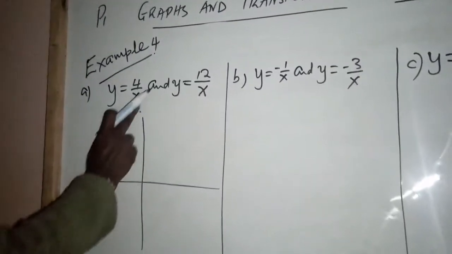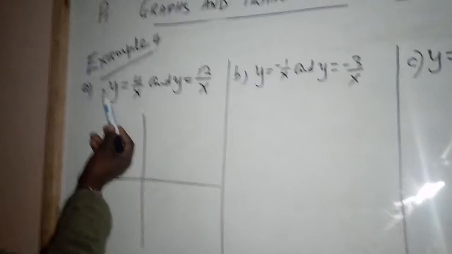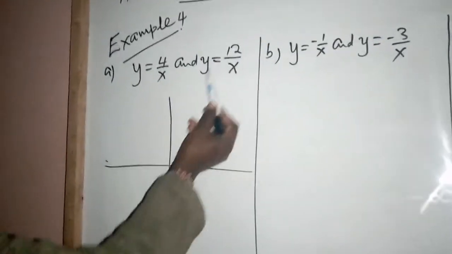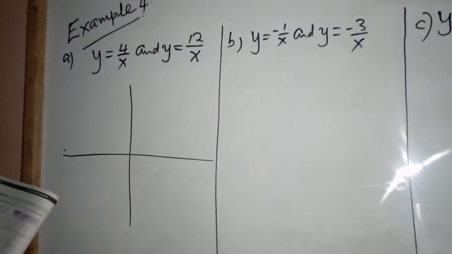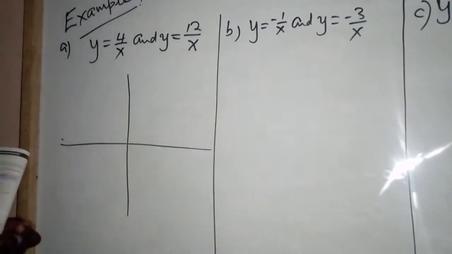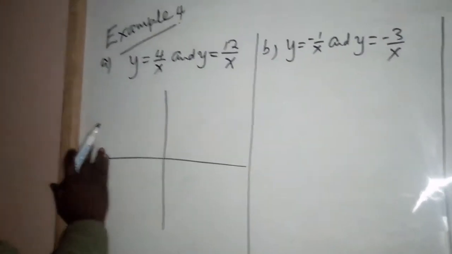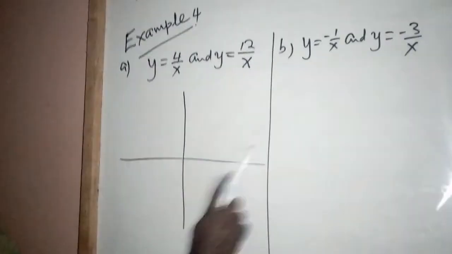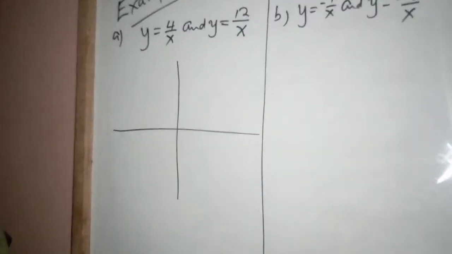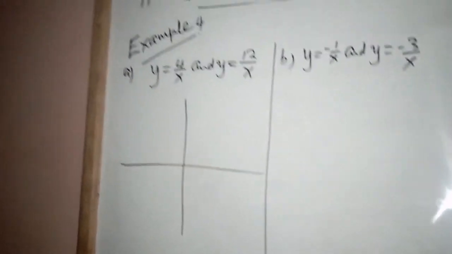In example 4, we are supposed to sketch the graphs of y equals 4 over x and y equals 12 over x on the same diagram. We just use the knowledge that we've just acquired in the previous video. Assuming x is positive, let's say positive 1,